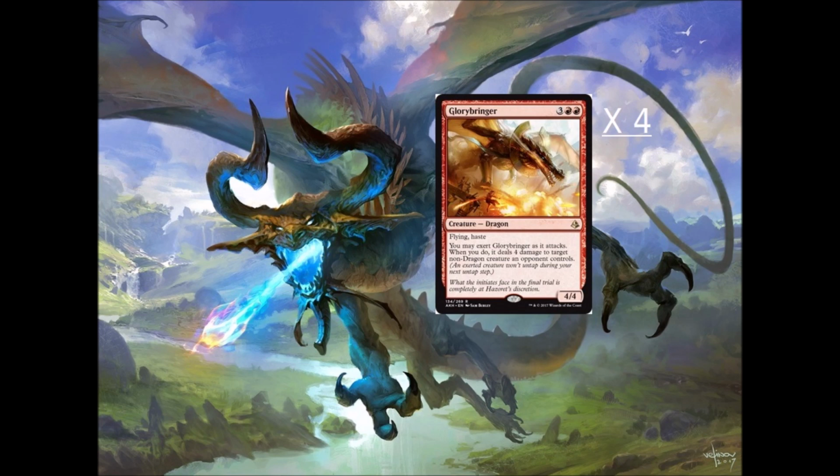He's a 5 cost, 4/4 with flying and haste, and then you can exert it and it deals 4 damage to target non-dragon creature an opponent controls. This is super good against the mono-red matchup. This is super good against the mirror match. This is just a very good card in any deck that plays red, and like I said, we have a